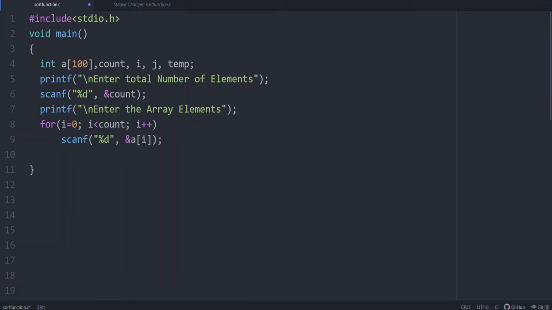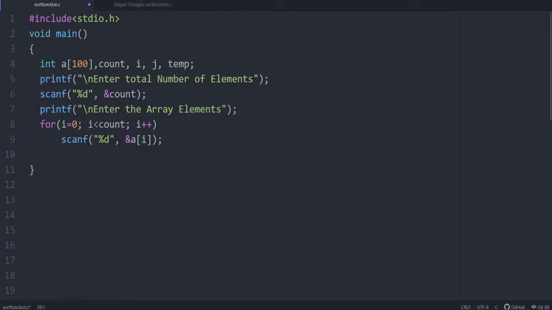We will discuss how to write a program with a function for sorting a set of numbers stored in an array. The algorithm which we have learned is bubble sorting. We have already discussed how bubble sorting is performed, the algorithm and even the program. So let's modify that program such that we include a function exclusively for sorting. Earlier we wrote it in such a way that it's a single program, but now we have learned functions.